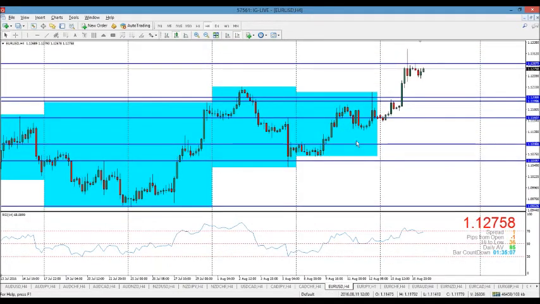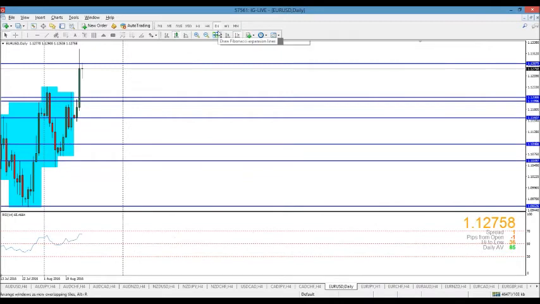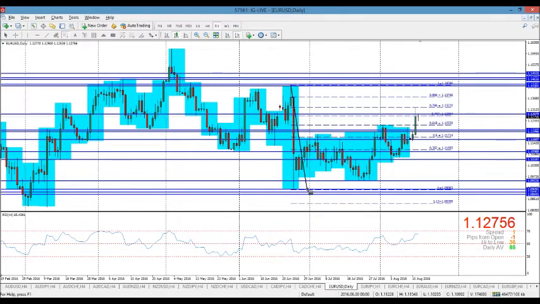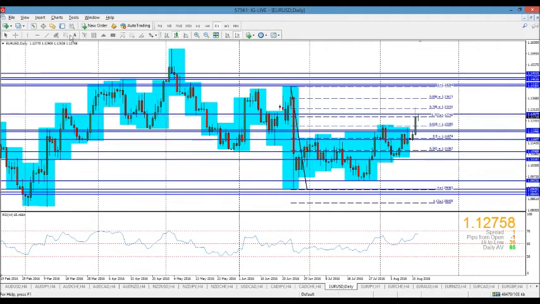Okay, good point. Euro USD, I was watching when this candle was coming up whether we could potentially short this, but thankfully I didn't get into it. There was no pattern. I was waiting for this candle to form and it just broke above. So at the moment there is no pattern to short this other than a very, very big pattern that seems to be coming up around here, which is sort of a bat pattern. So if I draw this,